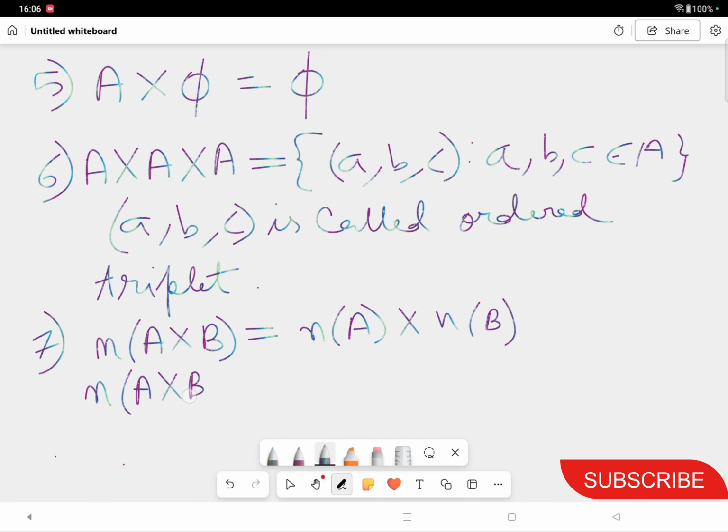In case there are 3 sets, A cross B cross C, then it will be n of A cross n of B cross n of